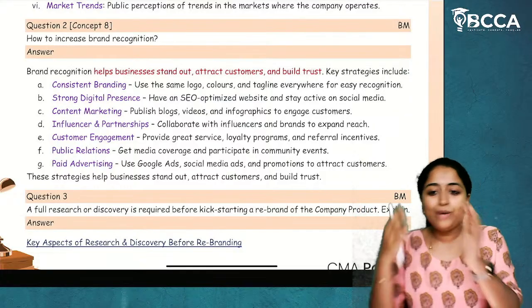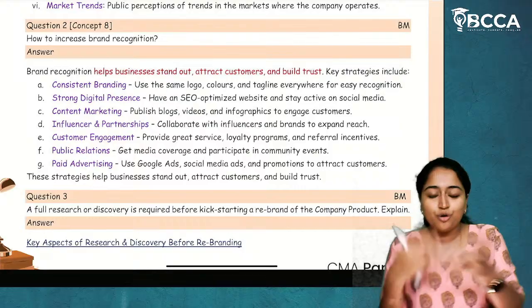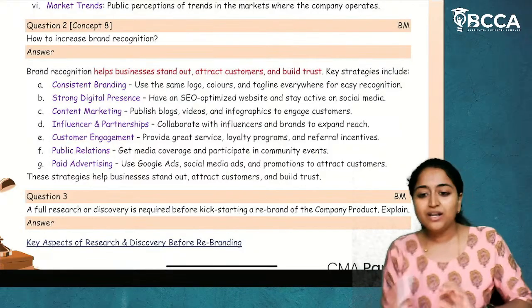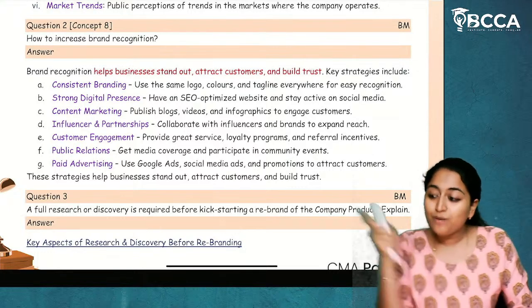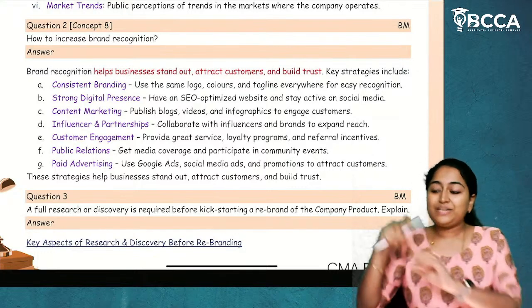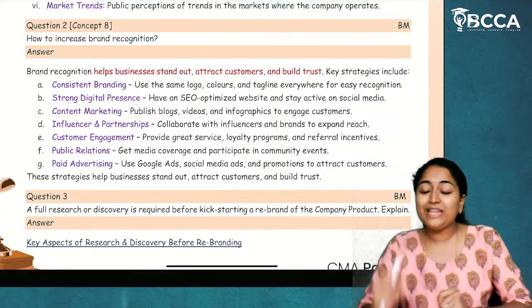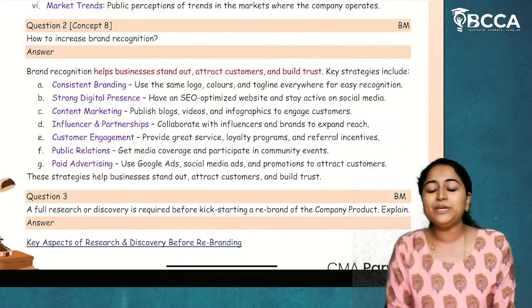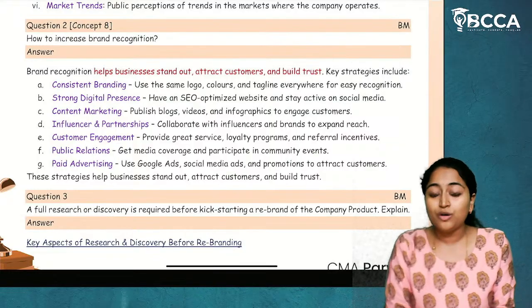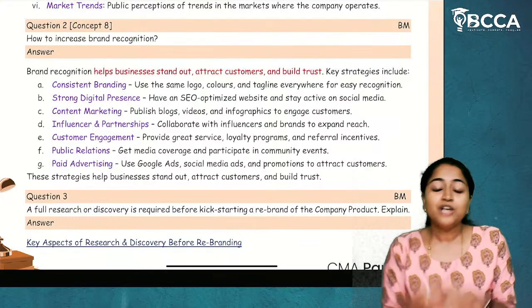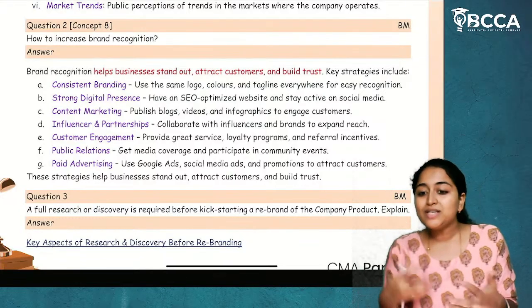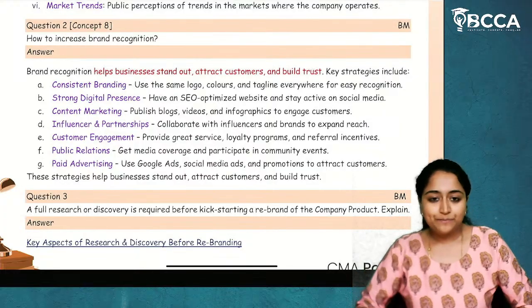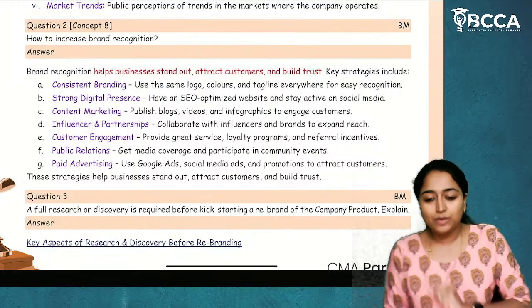Now, I don't know whether any of you in the comment section or watching live are car fans. If you are a fan of a car, by seeing that logo itself, you will tell what car it is. By seeing the tagline and the advertisement itself, you will tell, okay, this particular brand is going to launch a new car. With the starting of the advertisement itself, many car fans will know that this advertisement is of this brand. So how do they get that? Because they follow the same logo, the same tagline, the same advertisement process. So that is how the brand will be built.